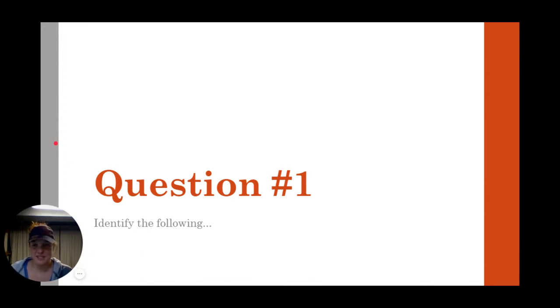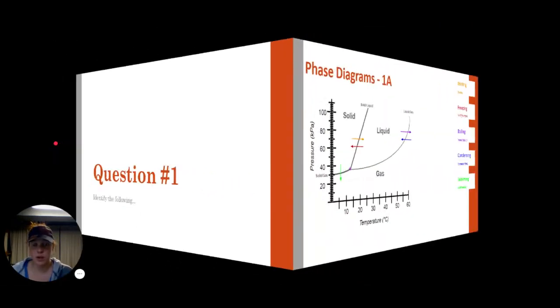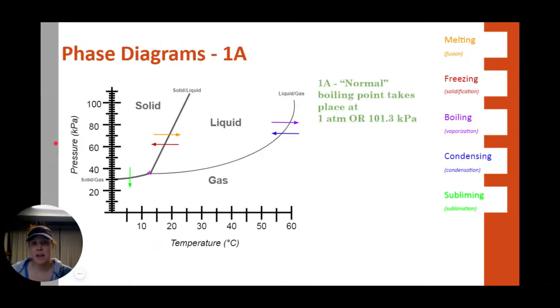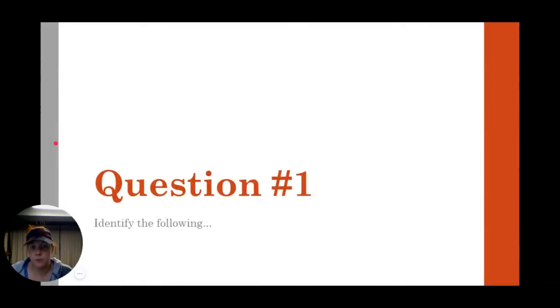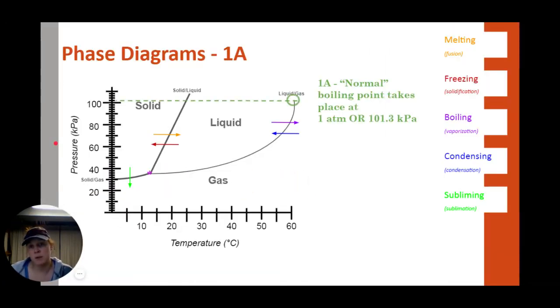We're going to start going through those questions. So let's start with question 1, identify the following. For 1A, it asks you to locate the normal boiling point, and just so you know, normal boiling point takes place at 1 atm, or with this graph, in kilopascals, 101.3 kilopascals. So normal boiling point for this particular graph would take place here at